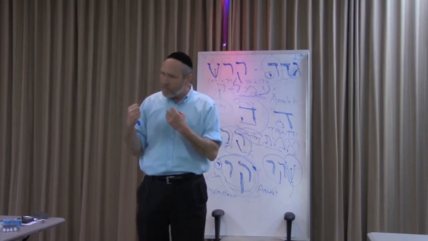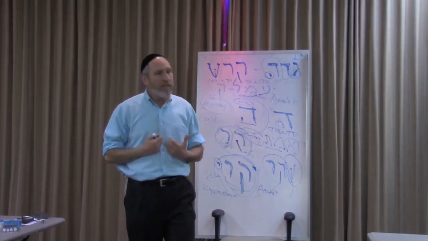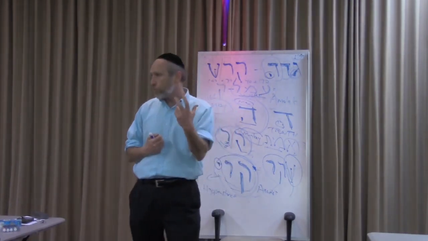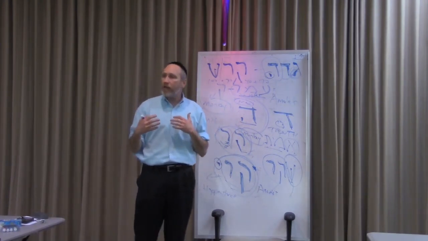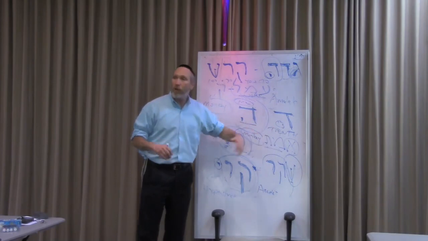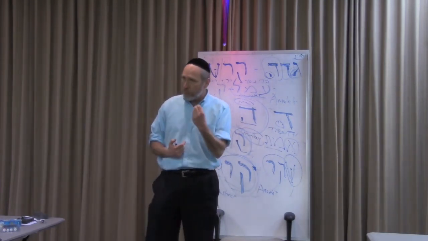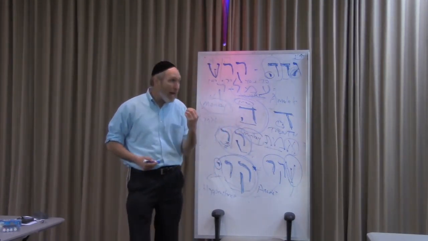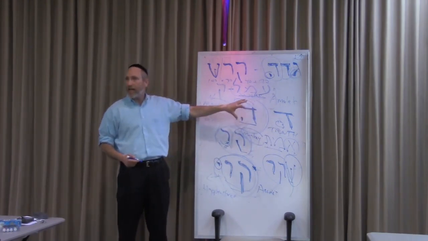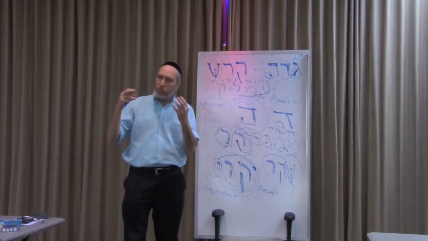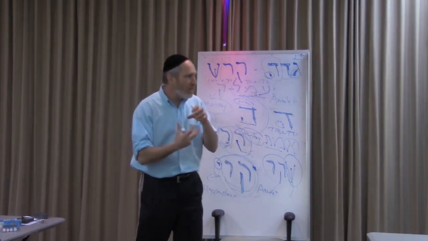Then take the kindness. Be a gomel. Be a giver to a person who's dal, who's poor. Understand he's embarrassed, he can't look at you. Find a way to give to him in a way that he has true independence. And then when that happens, you're going to create this world, the hay. You're going to create a world where the spiritual is enlivening the physical.